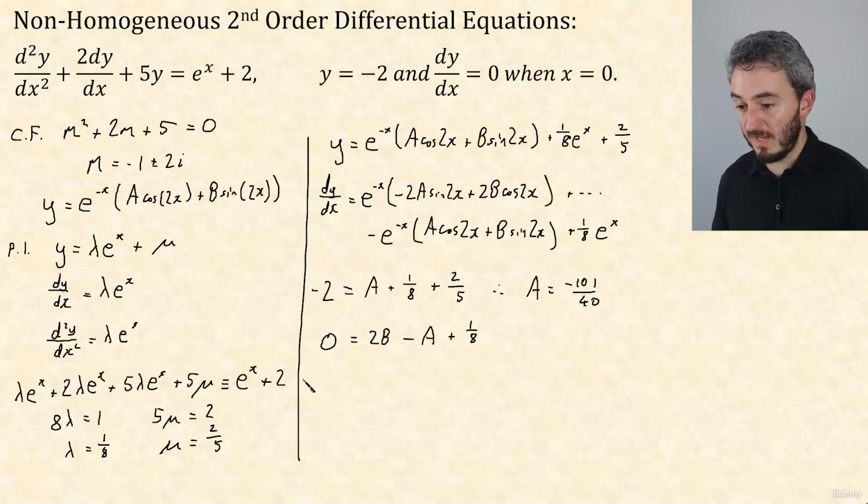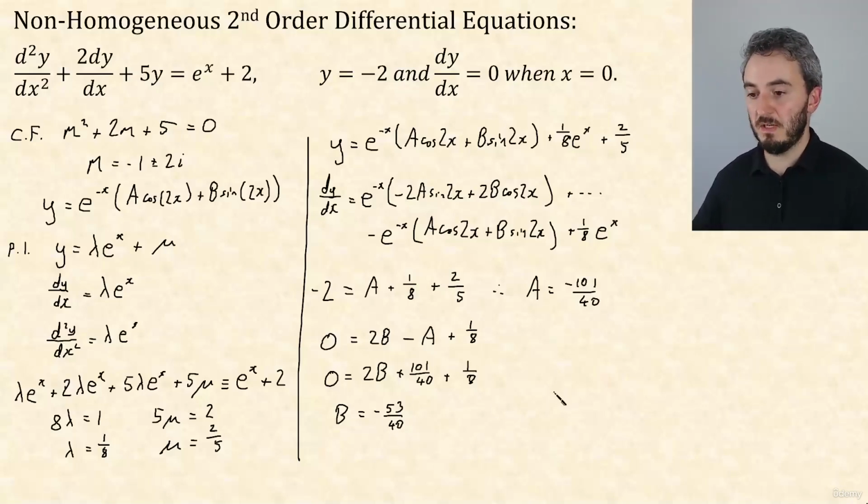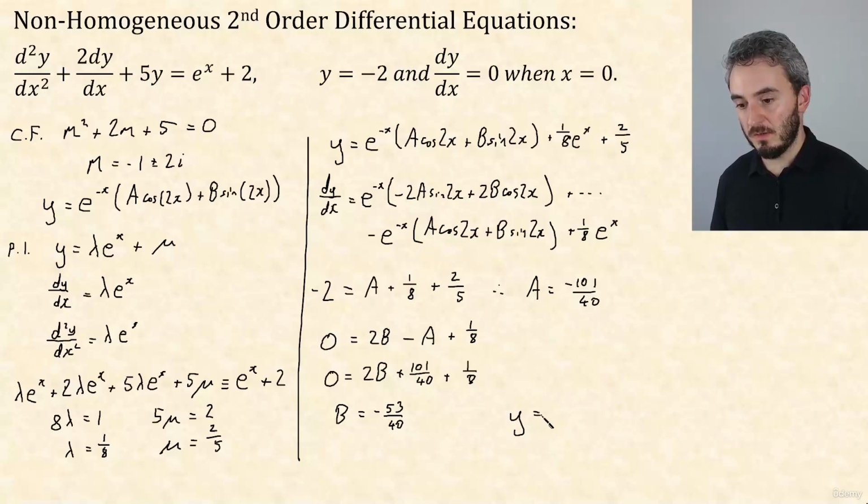I already know what a is. It's a bit of a weird one. That's okay. 2b plus 101 over 40 plus 1/8. And we're going to get b equals, well, it's minus 101 over 40 minus 1/8 divided by 2, and it's the equally weird minus 53 over 40, meaning the particular solution is y equals e to the minus x, and then it's a cos 2x,